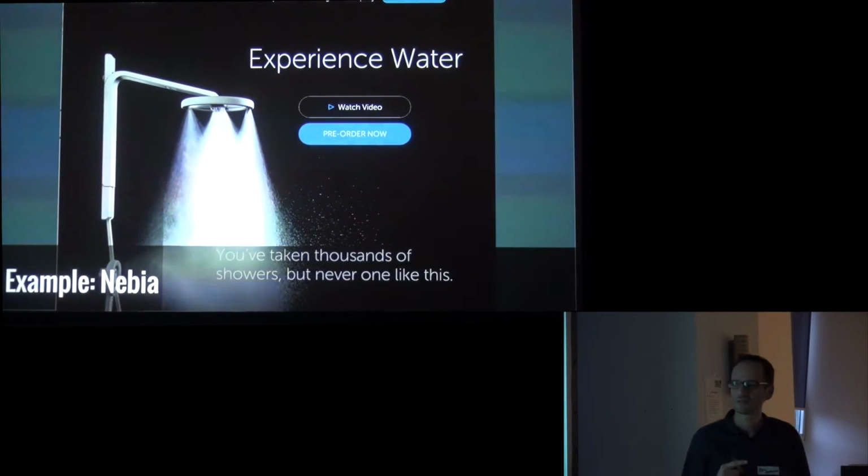An interesting tip there is that it's a pretty good place to recycle the pitch MVP, which, for example, the motion glove people, that's exactly what they did. They just took the video they produced a couple of slides ago, stuck it on a landing page, and they were cool.